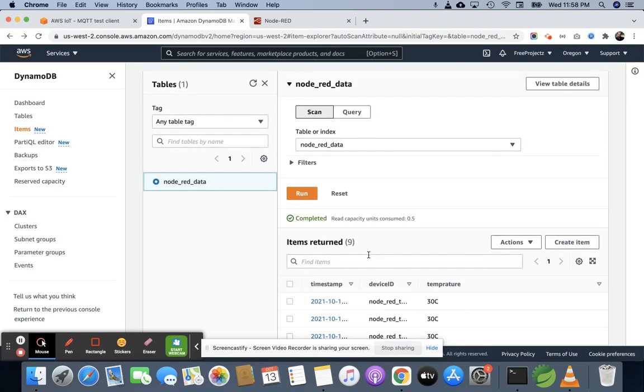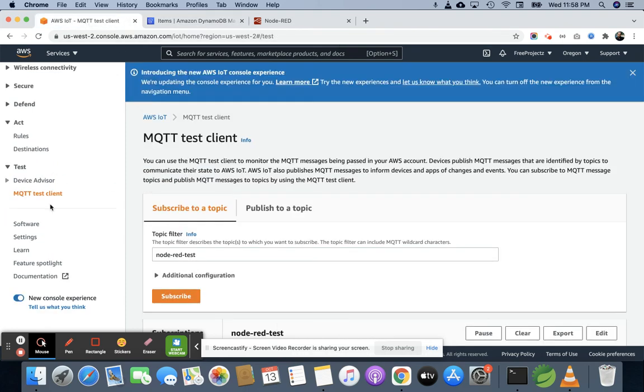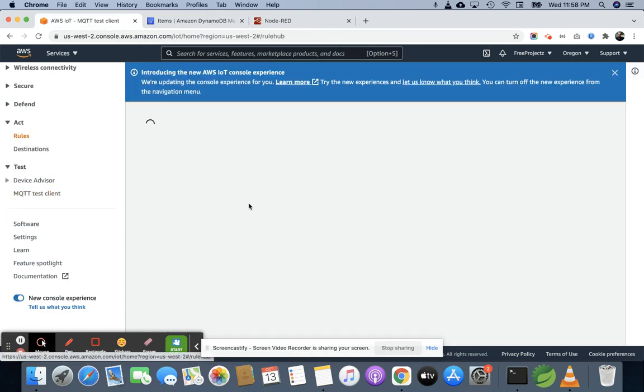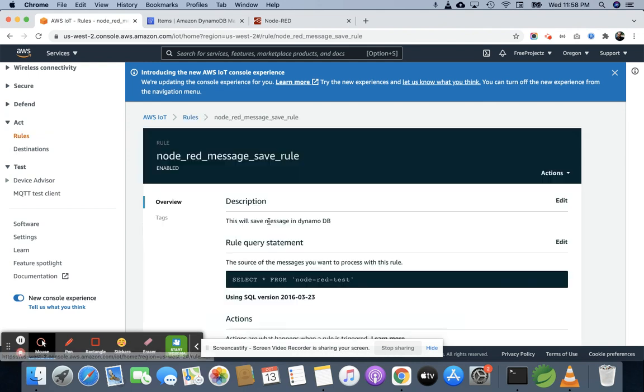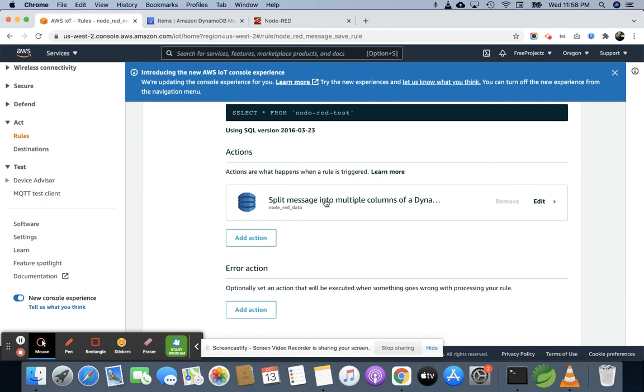Let me explain it once again. What I have done here, I have created an action and a rule, and I have added an action for the DynamoDB, and after that I have attached the policy. I have created a table and added it into the action, and after that saved it.